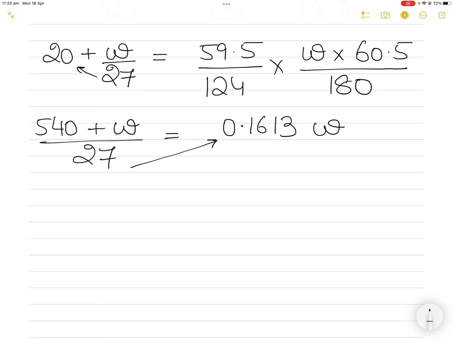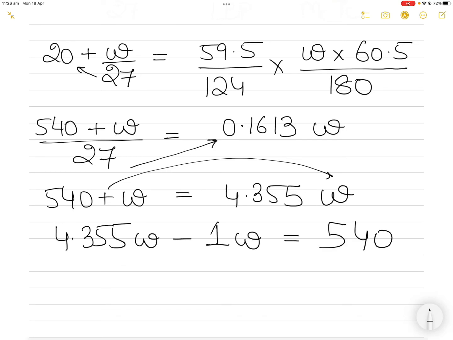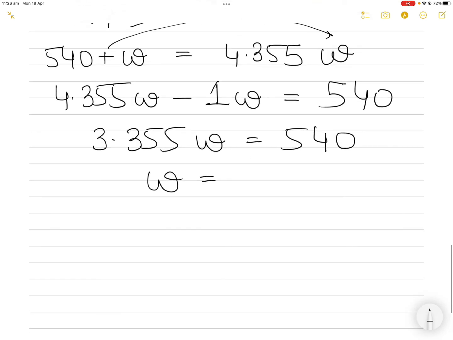So 27 times, so this becomes 540 plus W, and this becomes 27 times 0.1613, that is 4.355 W, and then this goes here. So 4.355 W minus 1 W equals 540. So this is minus 1. So 3.355 W equals 540. So W equals 540 divided by